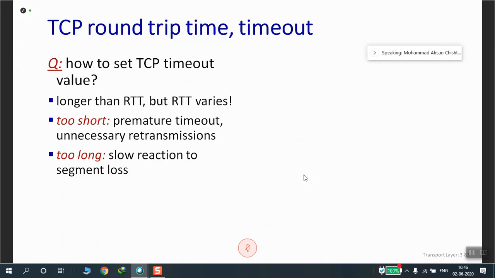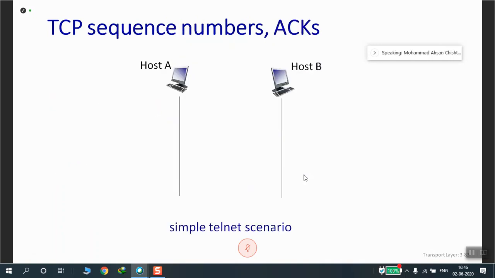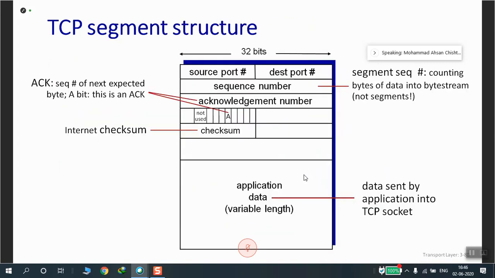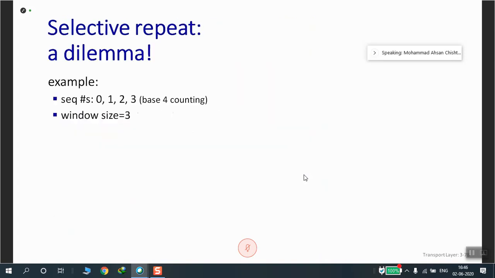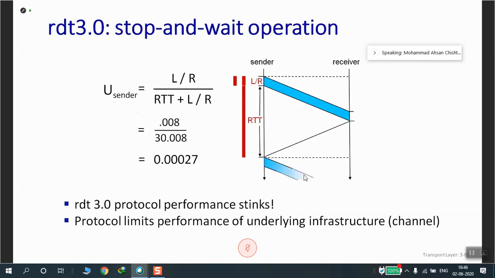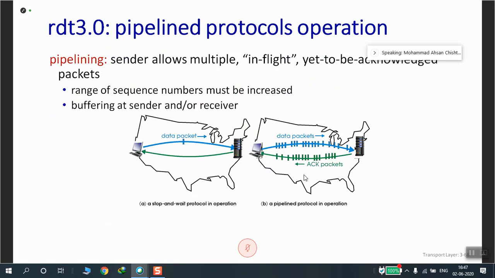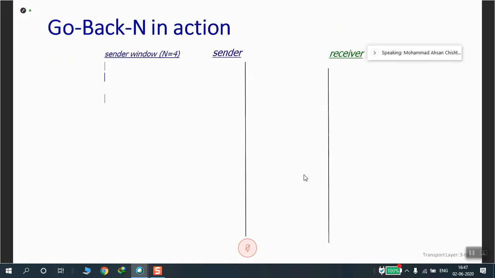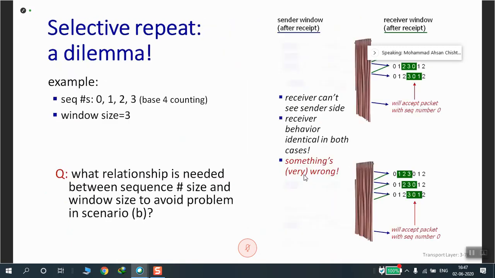Now the question is how to set this TCP timeout. If you remember, if you go back a bit, we had seen a TCP timeout here between sender and receiver. So how do we set this TCP timeout? How do we keep this in mind?